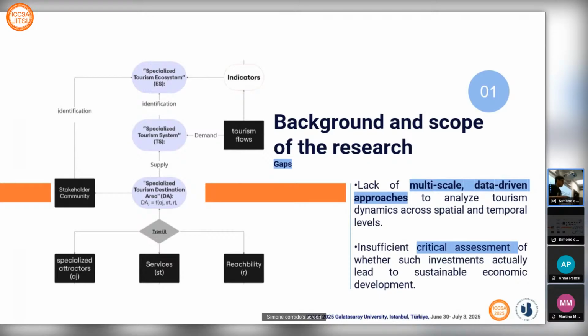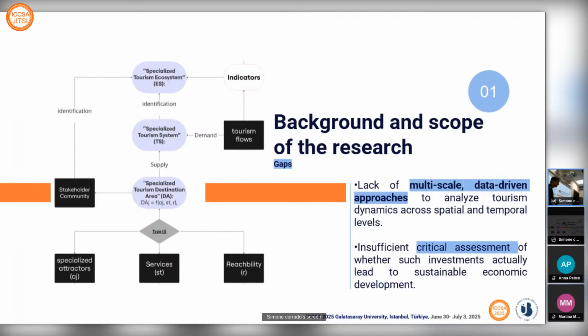We want to stress the comprehensive view that planners generally need to include a specific topic like tourism as a driver of understanding the local trends, territorial trends and territorial dynamics. To do that, we worked on the concept of a sustainable tourism ecosystem, which is a multi-scale approach that starts from the identification